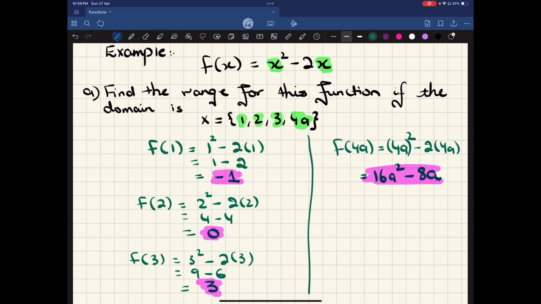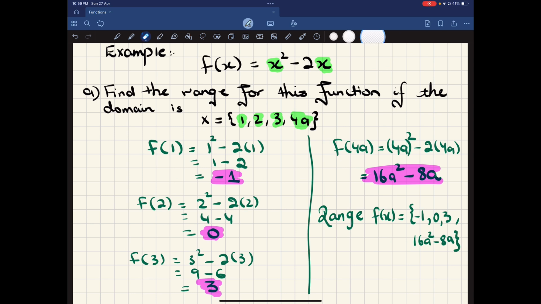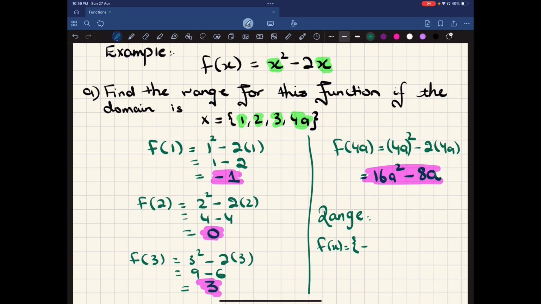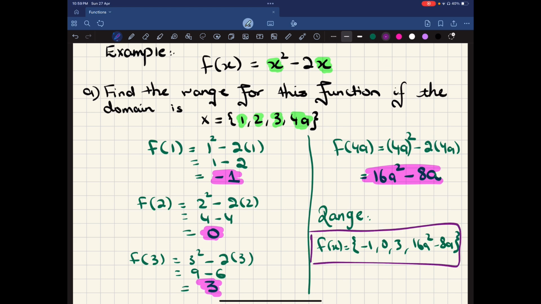Okay, so the answer to this question is range of f is equal to -1, 0, 3, and 16a squared minus 8a. So this is your answer. This is the range of the function. However,